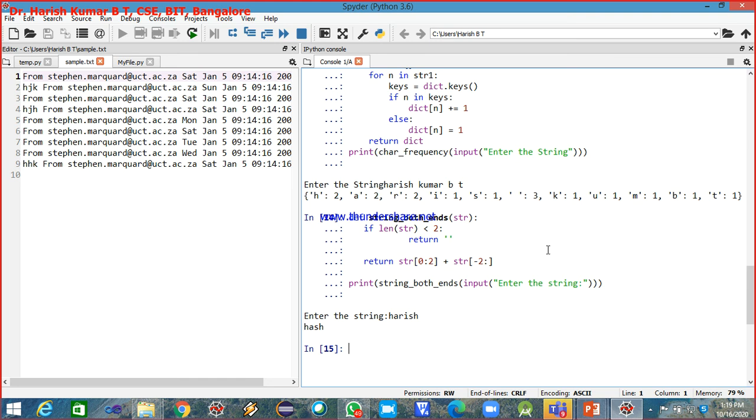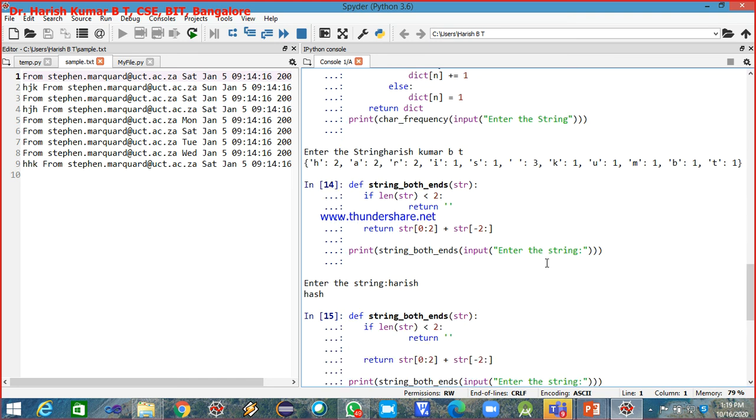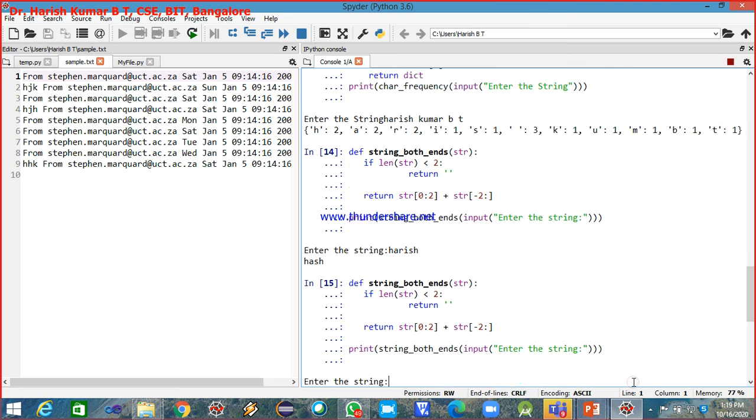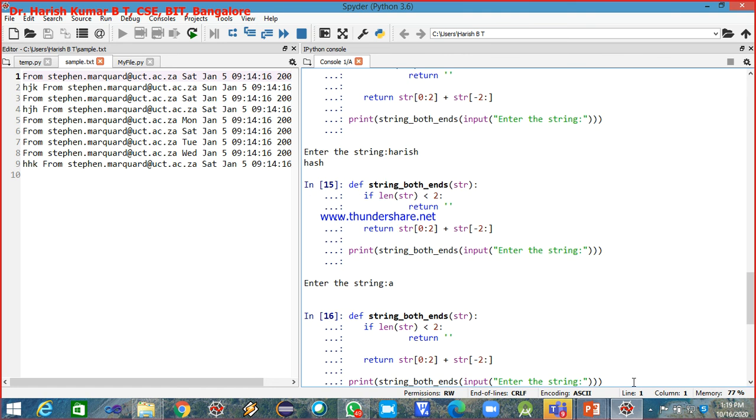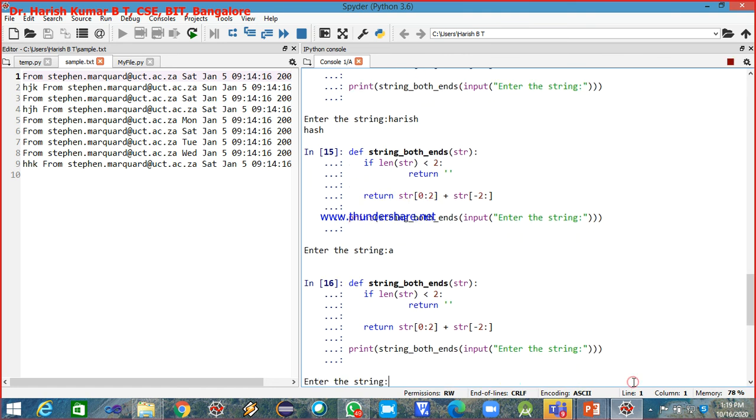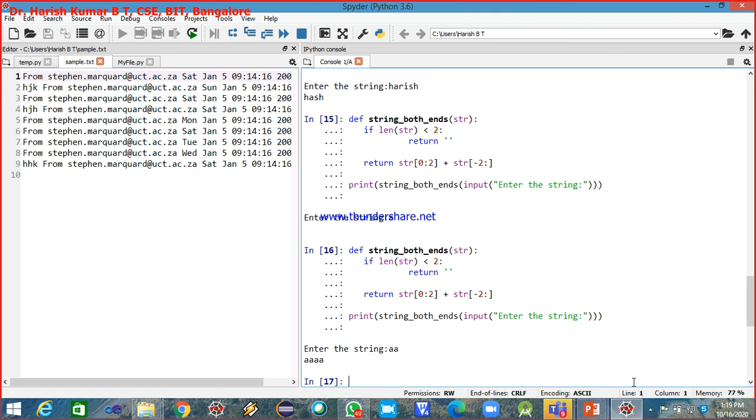If I input a string which is lesser than length 2, it just returns and says nothing. Now if I input a string of length 2, same thing it is repeating. First two characters and the last two characters are the same, so it repeats them twice.